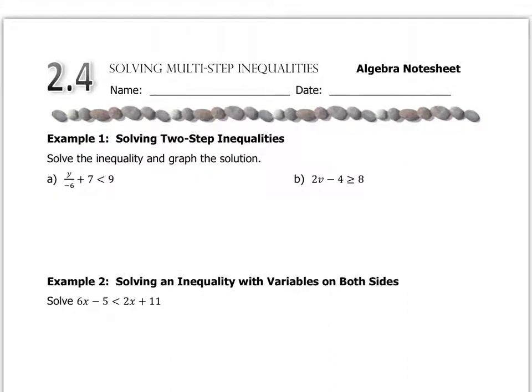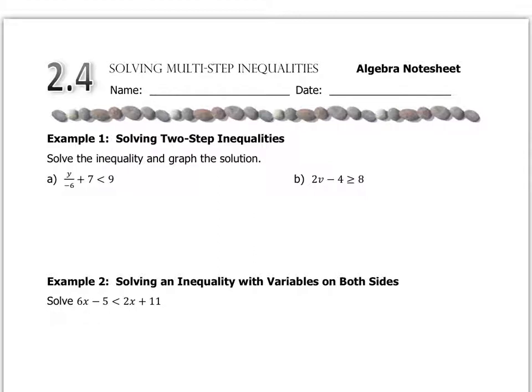Just like equations, we're going to step this up into some multi-step inequalities. So we might have some distributive property, we might have some combining like terms, you might have to move variables from one side to the other, but the steps are very similar. Just remember that one trick: when you multiply or divide by a negative number, you have to change the direction